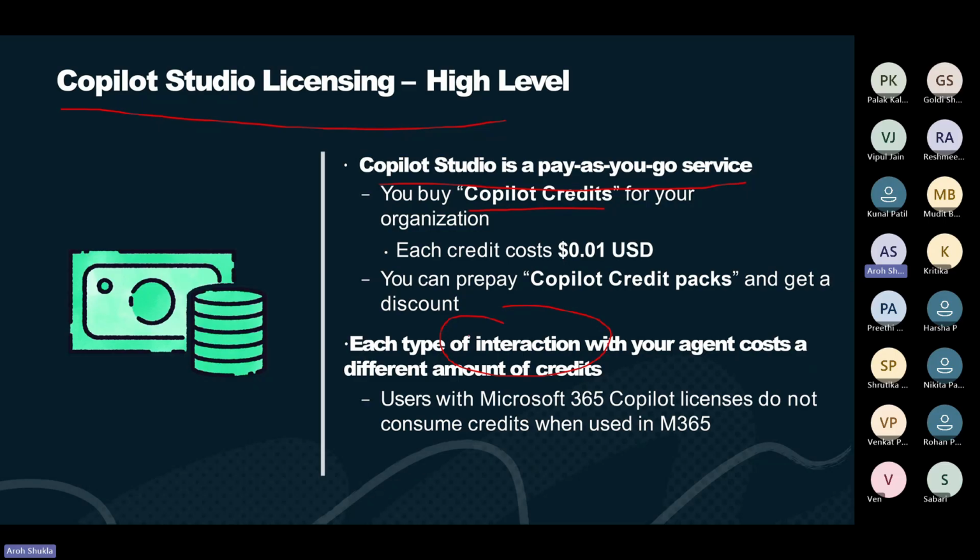Okay, so each transaction could be a different credit, right? As in the example of Zomato, which is maybe 300, 400 rupees, and you buy a laptop which is around 60,000 or 70,000 rupees, right? Depends on the thing. So each interaction has a pricing, right? So let's go and check on that, right?